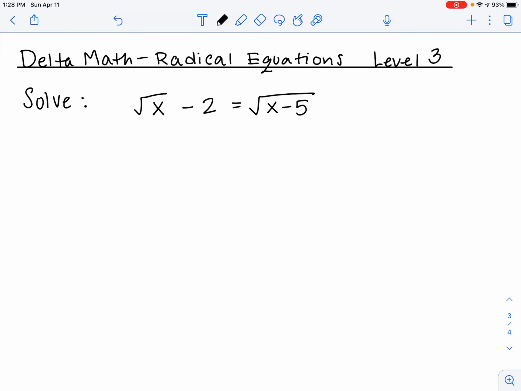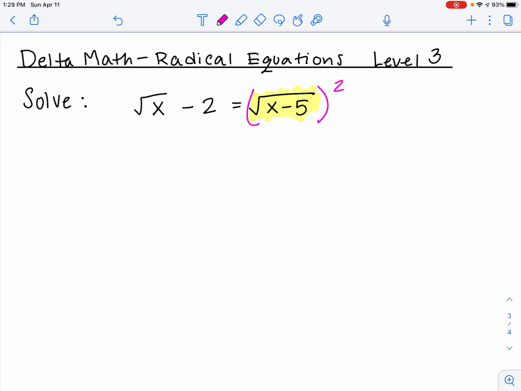Okay, so let's look at solving what Delta Math calls a level 3 radical equation. We have two square roots here, so we're eventually going to have to square this equation twice. The first thing we want to do is always get a square root by itself. This problem already has one of the square roots isolated, so let's just go ahead and square both sides